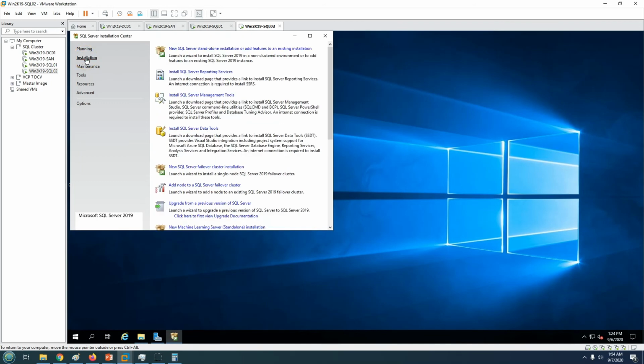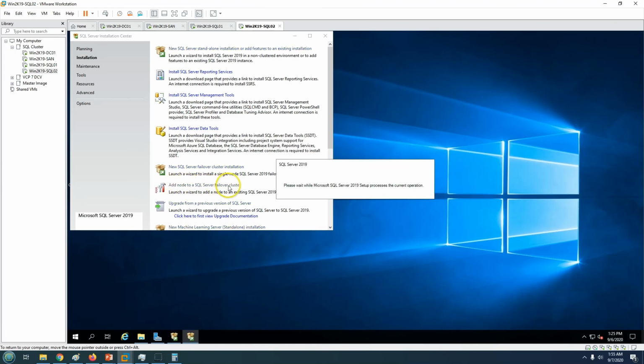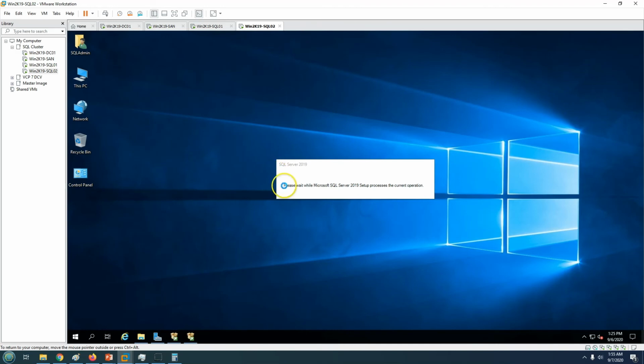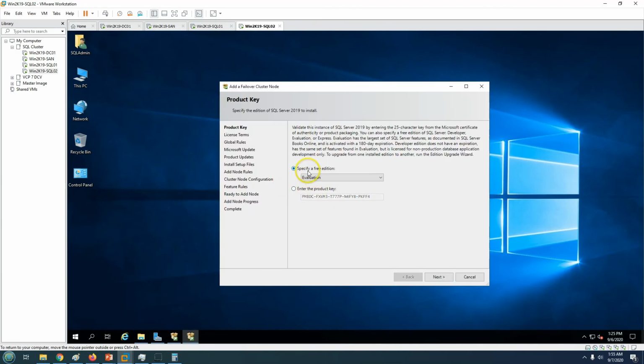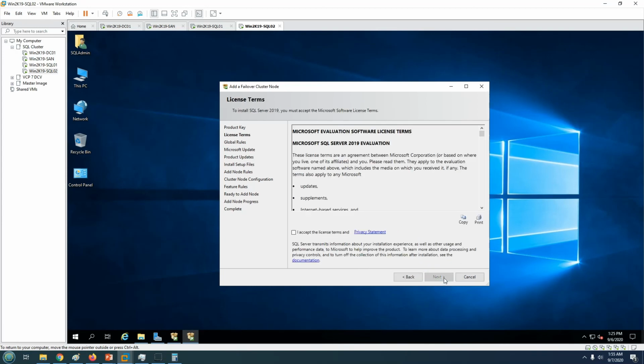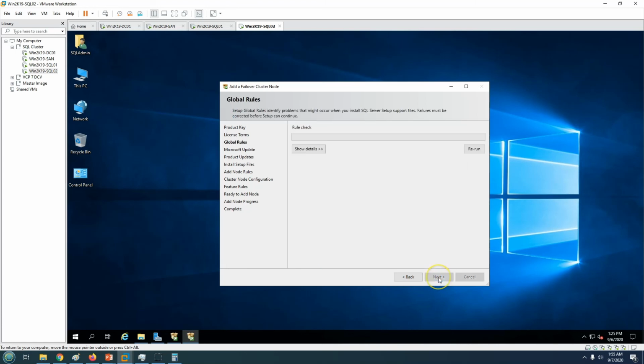So click on install. Previously we clicked on new SQL Server failover cluster installation, and now we need to add to an existing cluster. So click on add node to SQL Server failover cluster. This is going to be a small installation, so let's click on next, and now accept the agreement. Click next,